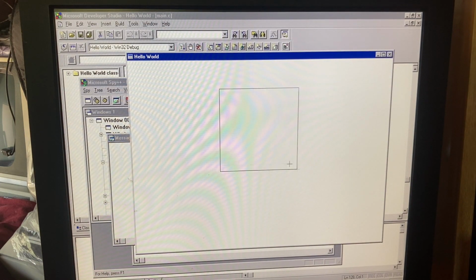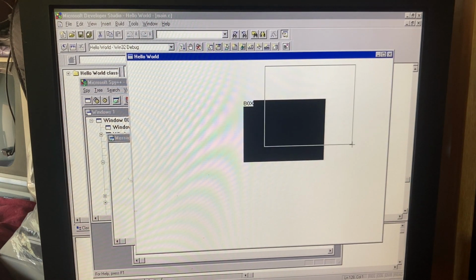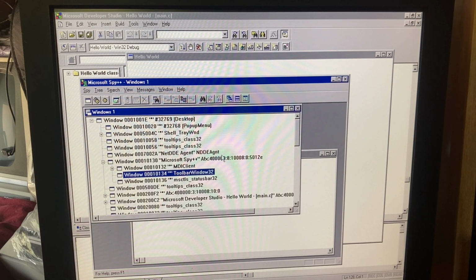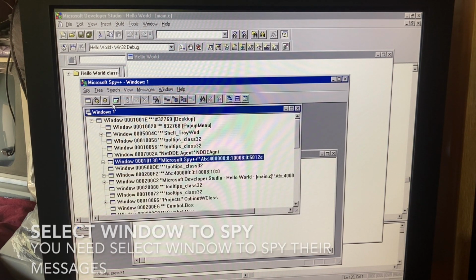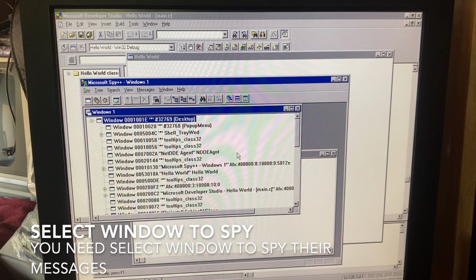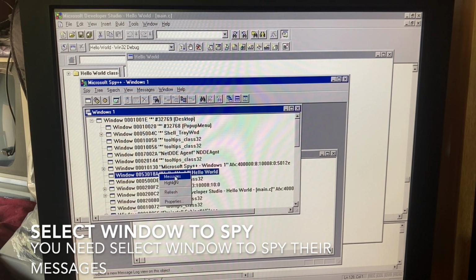For example, this application simply paints some boxes on the window area. But if you go to the spy and refresh, go to the Hello World and open the messages,